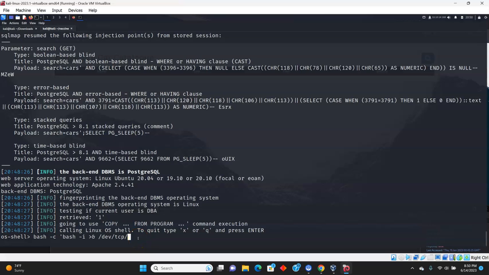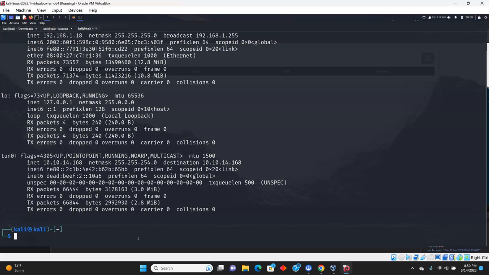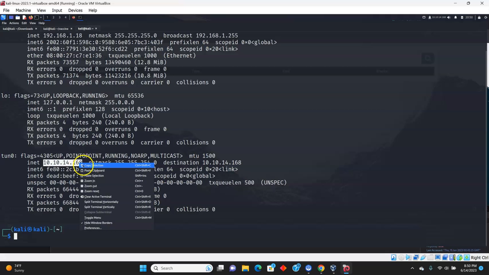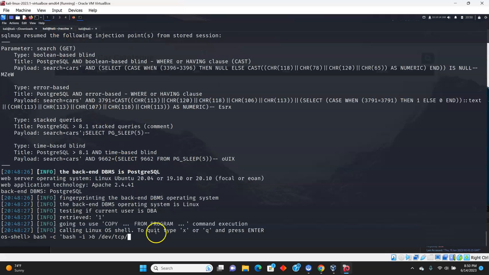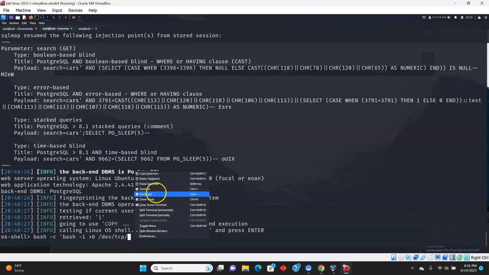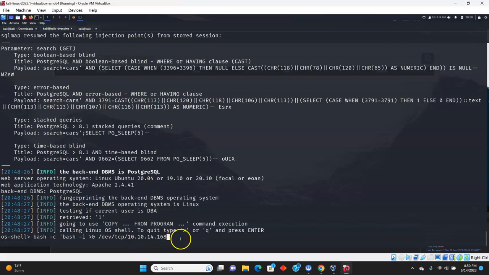So I'm just gonna open up another terminal here and show you guys how you can find your IP address in case you don't know. I'm gonna put ifconfig. So this is our IP address. I'm just gonna copy this. My mouse is not okay. It's working now. So I'm just gonna copy this, go here, and then paste it. Okay, now we're gonna have to specify